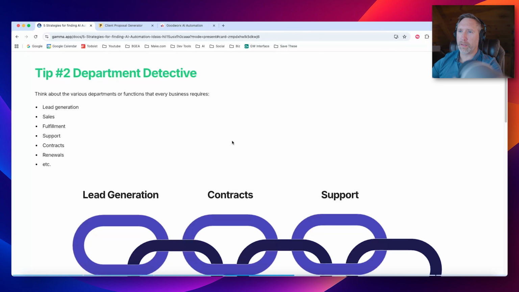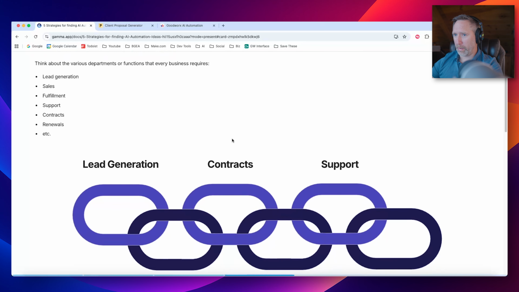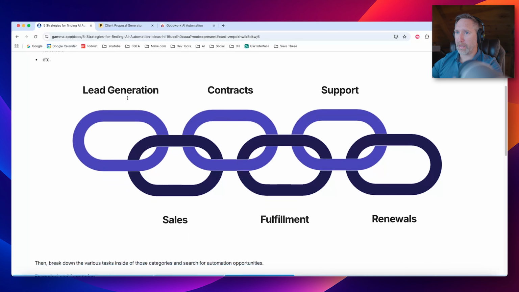The next tip I call the department detective. So think about the various departments or functions that exist in every business. Lead generation, sales, fulfillment, support, contracts, renewals, and the list goes on, right? So if you break down a business into these different categories, then you can be asking yourself a question like, okay, what can we do within each one of these categories to save time and make